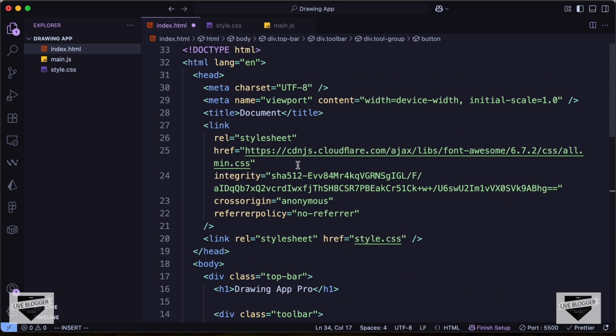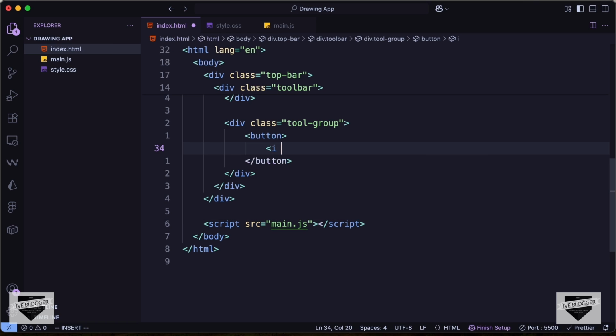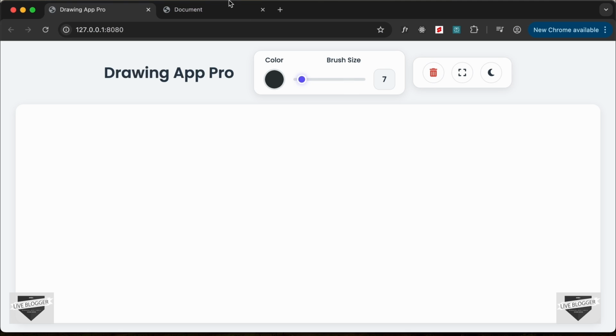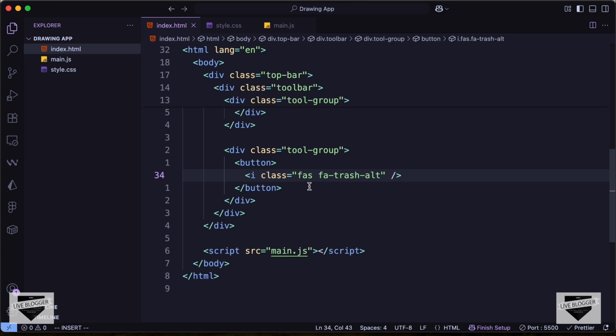Now we have already added the link of Font Awesome over here, so we can use the I tag, and let's give it a class of FAS trash alt. So this is the class that is needed for the trash icon, which is this one right here. Now there are some problems in the icon that it is being displayed multiple times, but we will fix that later. Let's add another button,